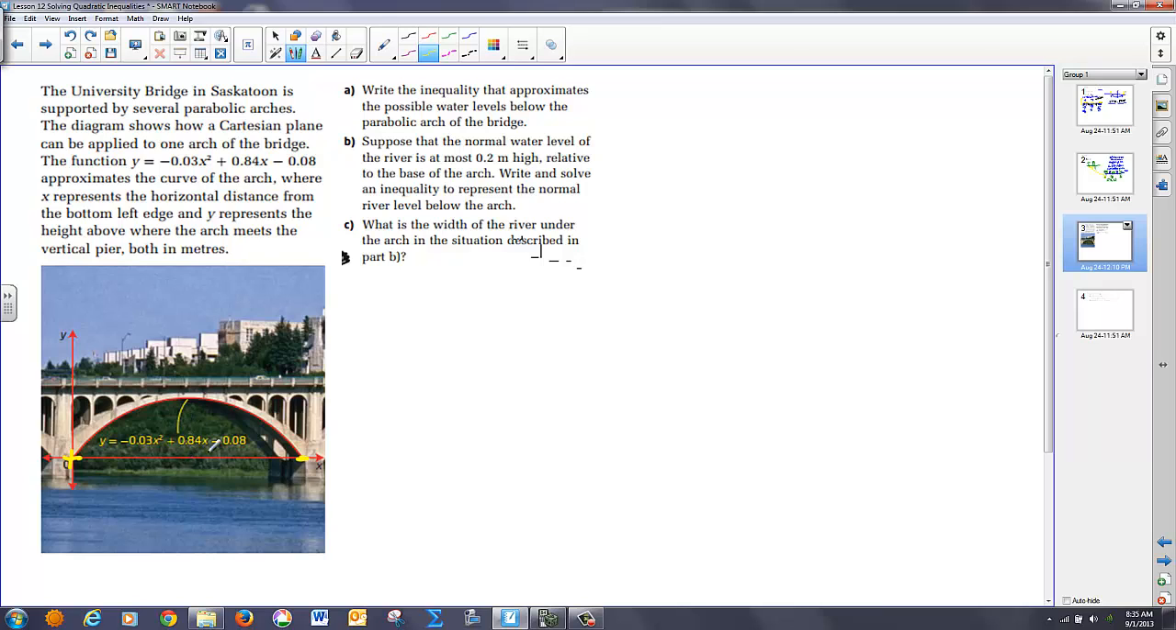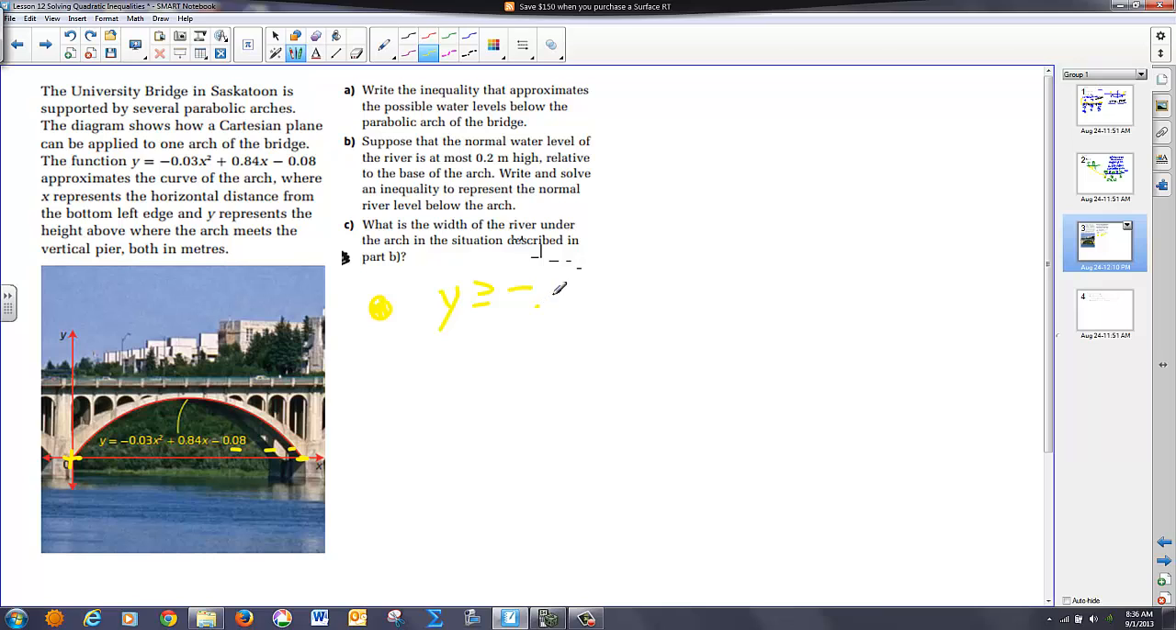So they want us to write an equation that approximates the possible water levels below the parabolic arc. Okay? And once again, they're talking about a level of 0 here. So what we're asked to do is write an inequality, basically. Now I know that I can use f of x, g of x, doesn't matter. But we want to know when y is greater than or equal to, because the water would be rising above the arc,